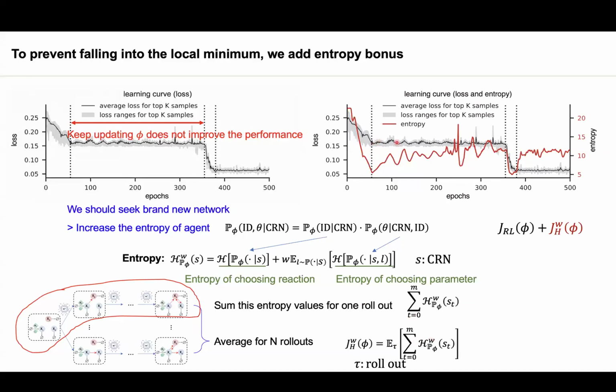As you can see, if this dynamic loss does not decrease anymore, then we increase this reward. We increase this entropy so that we can seek some more new reactions. This is basically because when we sample n networks, we want a very diverse type of network. So to ensure the diversity of